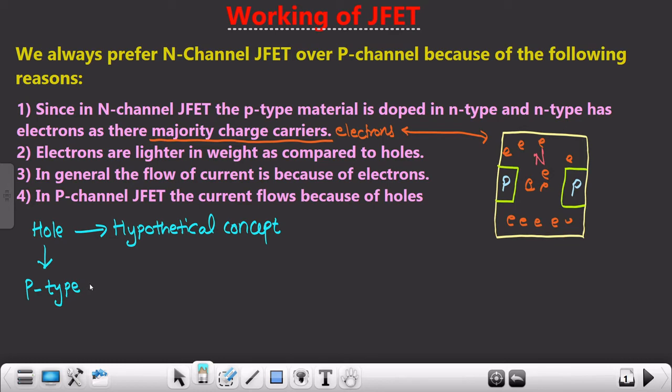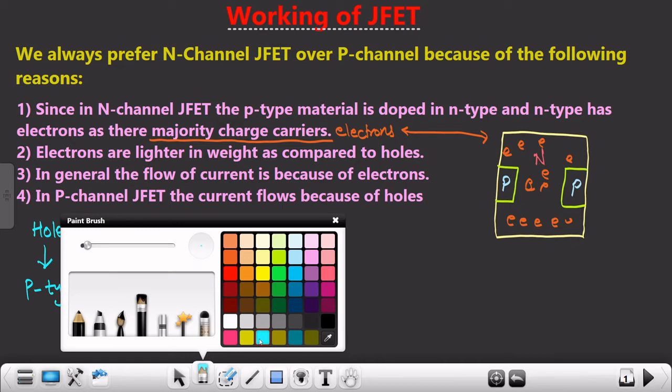Okay, and we all know p-type is made up of trivalent impurity. If you could remember the silicon bond, right? Silicon and, I don't remember, I think arsenide, I don't remember the other atom, but if you could remember, we had done this, that is silicon, and then it was sharing 4 covalent bonds, right? Something like this, if you could remember in the course 4. Okay, and I will not go in that depth because we had already dealt in the course